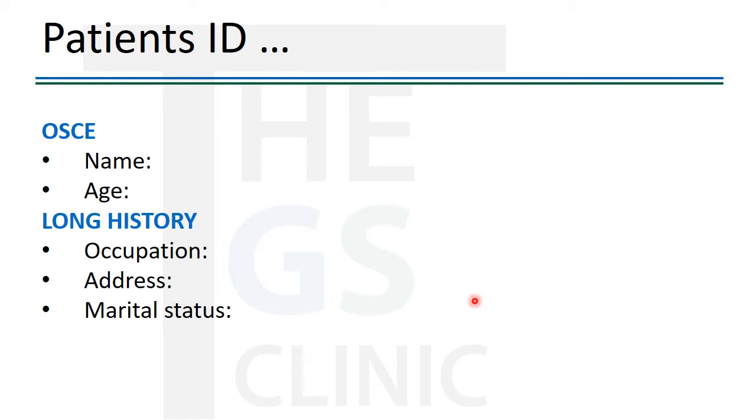So, there are two types of histories that you can take from a patient with a breast condition. If you are in an OSCE station and, let's say, a short history taking, you have to be up to the point, and you don't have enough time to take all the information you need about the patient. On the opposite, if you are asked to take a long history, you have to take all the details of the patient. You have enough time, and the examiner wants all the details about the patient